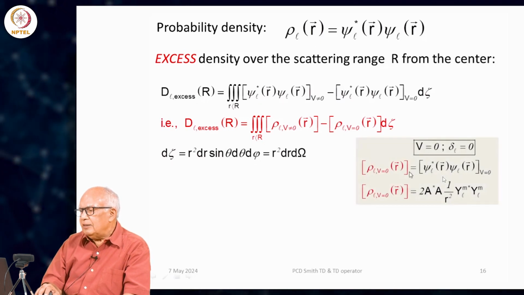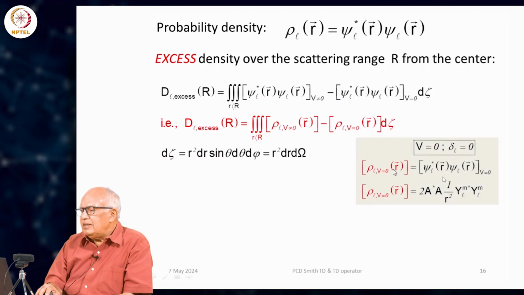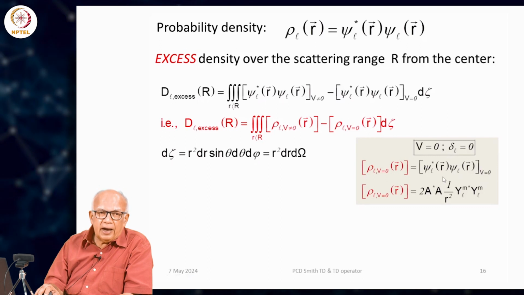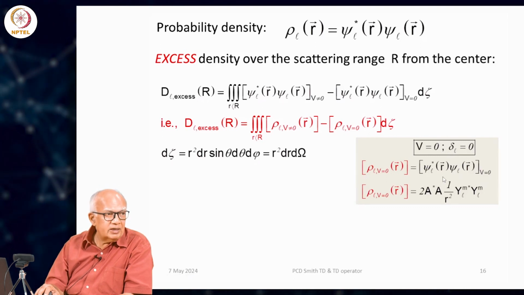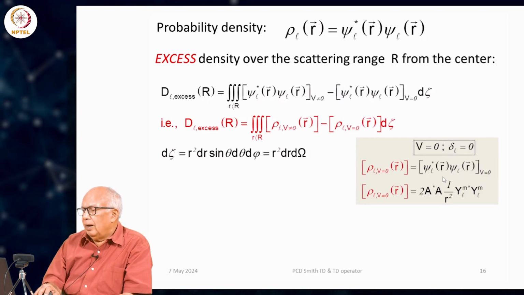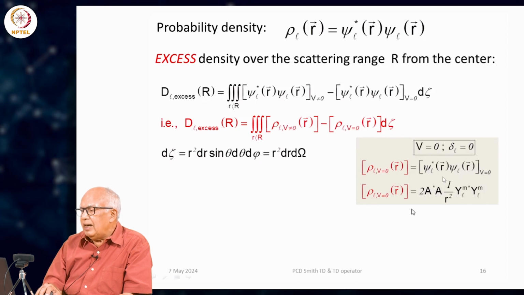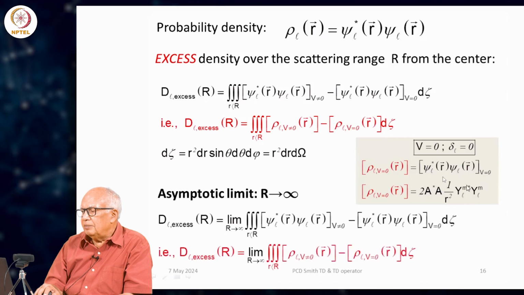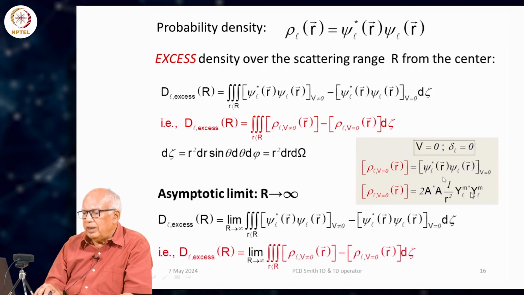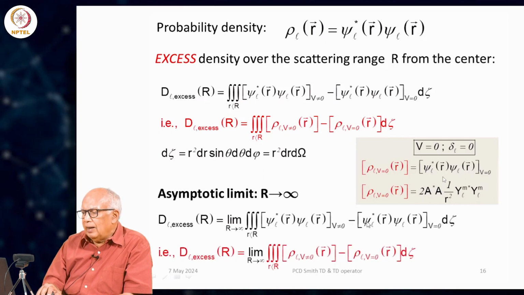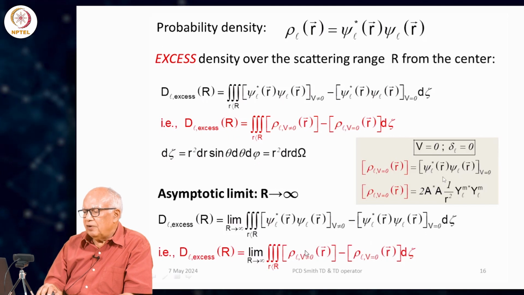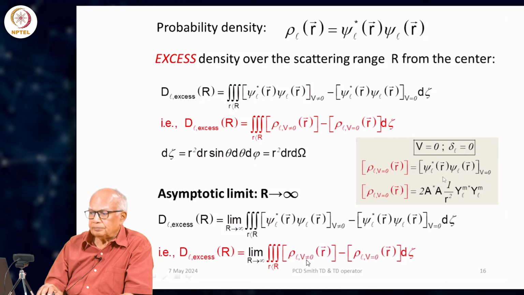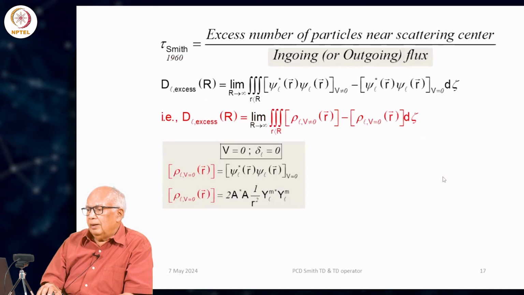You can get the density for 0 potential. This is when there will be no scattering and therefore no phase shift, delta will be 0, and you can easily get it to be 1 over r square. These are the spherical harmonics, and you have to subtract this from the corresponding density at V not equal to 0. Very simple